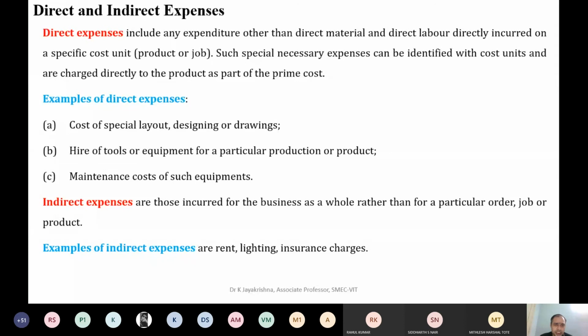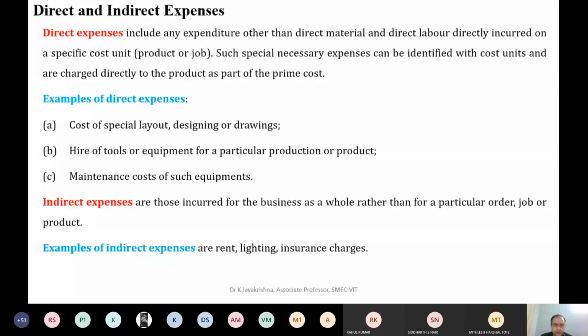Indirect expenses are something outside the direct production, right? Like you're paying the rent of the business, you're going to pay for the lights, the insurance charges, the water tax. All these things come under indirect expenses. So I hope you can understand direct expenses and indirect expenses. Direct expenses mean direct material and direct labor cost. Indirect expenses mean the cost spent on other items which are helping you to run the business or manufacture the product. They are called indirect expenses.